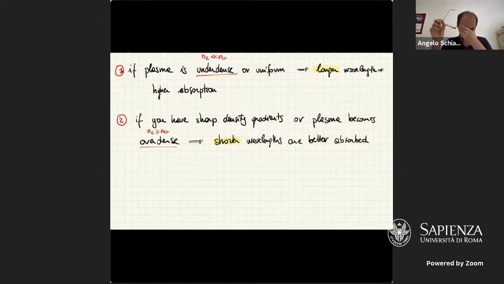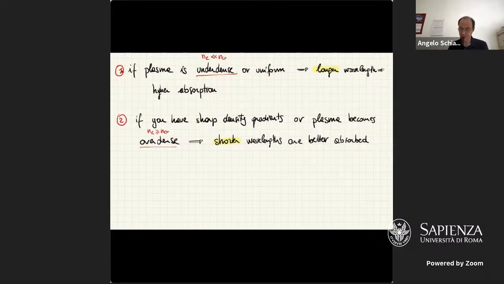Eventually, we link these absorption properties to the fact that electrons are oscillating in the field of the laser light and losing energy, redistributing the energy that they are taking from the laser light, the laser pulse, into plasma temperature, plasma pressure, so plasma energy, by means of collision with the ions. Okay,